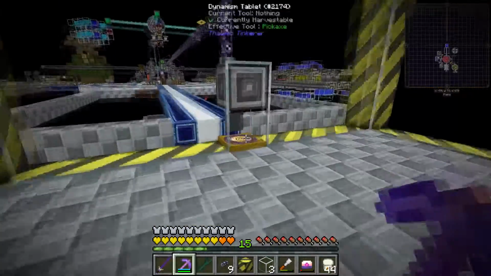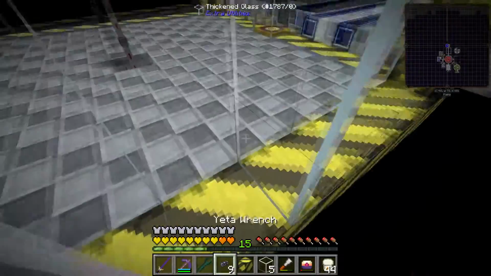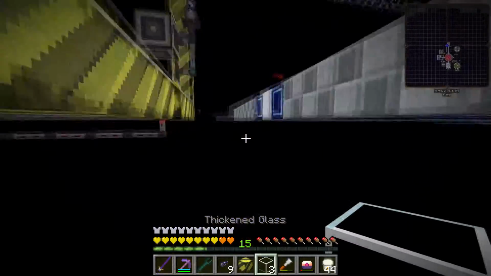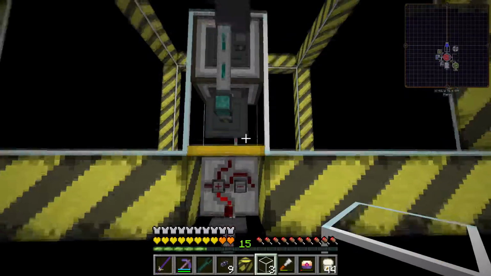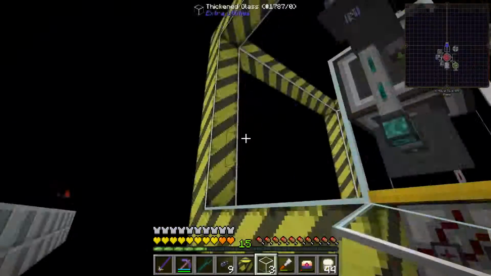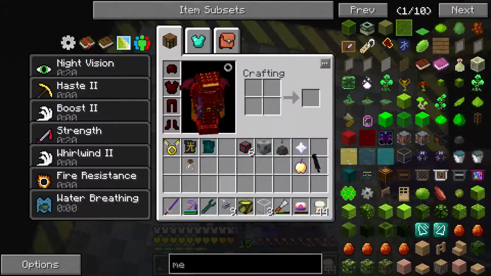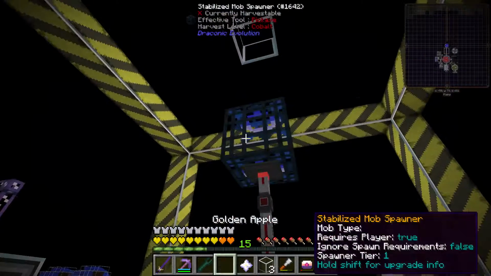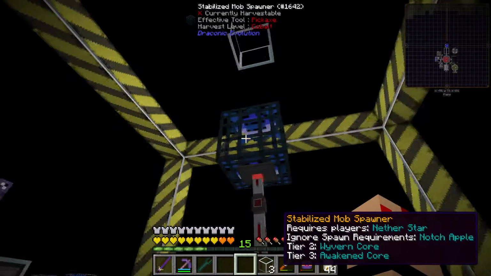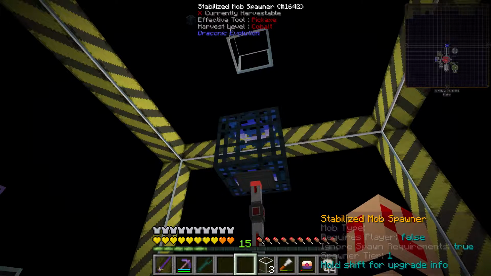I'm not sure. Redstone signal should be off currently if I just pop out here. Yeah, redstone signal is off. So, I've already got a crafting recipe for it. So let's see if I put the upgrades in, so the apple and the nether star, and we'll get basically 2 effects. It now ignores spawn rules, so light,